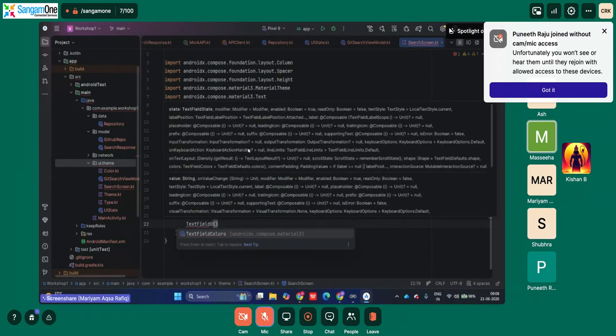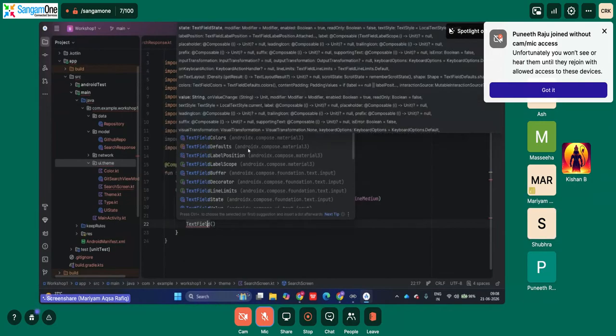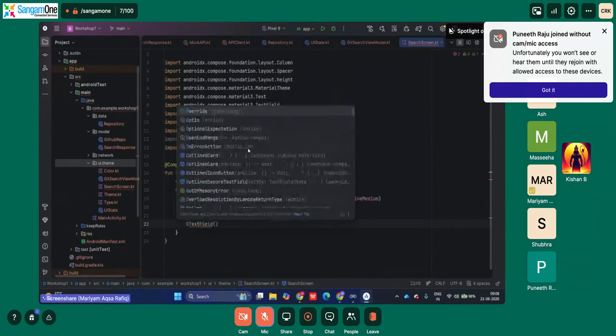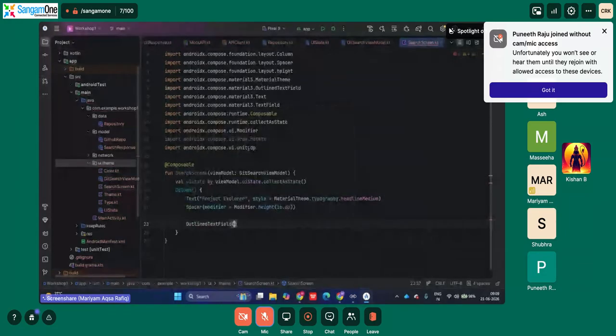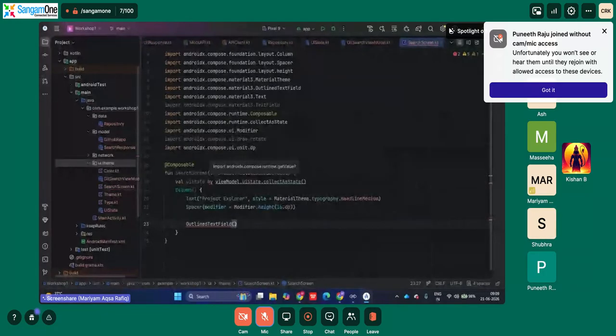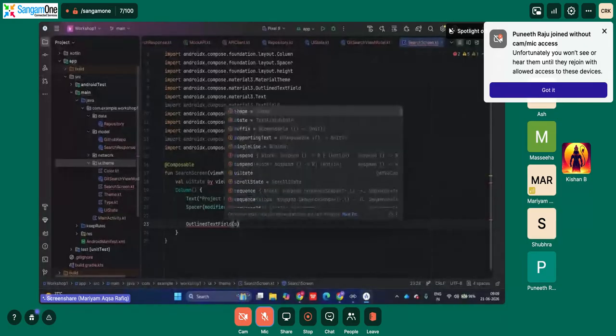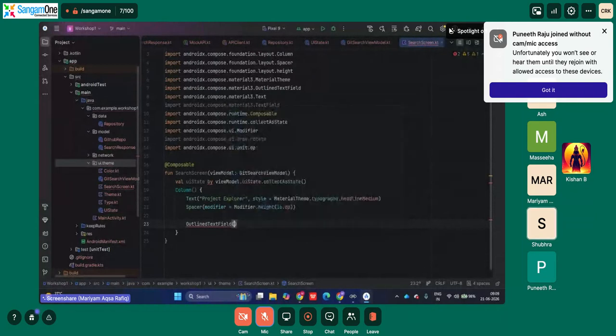Yes, there's OutlinedTextField, right? In that, the value will be the search text. So you can type value is equal to